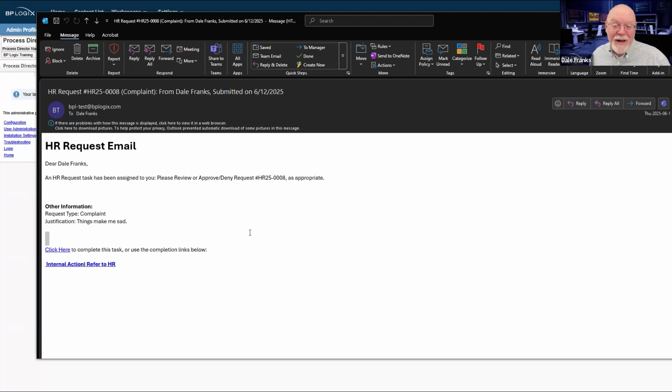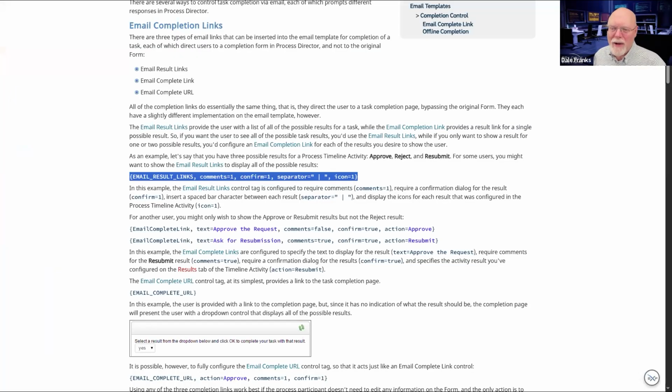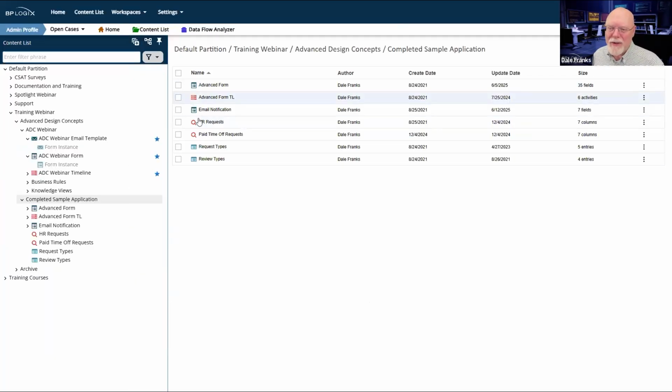Always a good idea to test your email. Here's a great idea: make email tests so that you can see exactly how the HTML is going to look whenever your user receives the email, so that you don't have all of these extra lines. I'm going to go ahead and close that and go back to my email. Let's see if we can't get that thing configured just right.